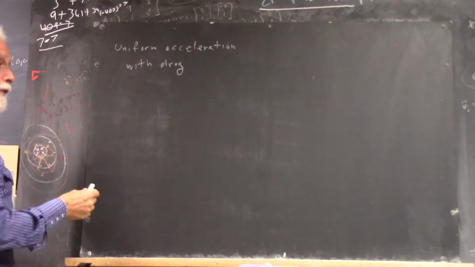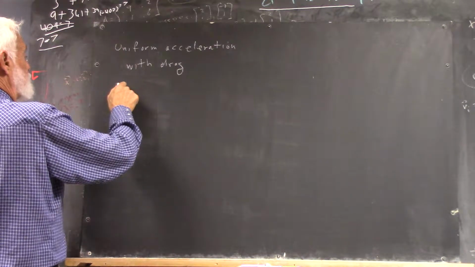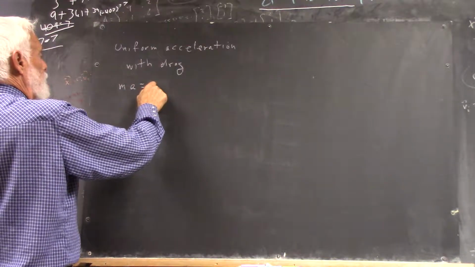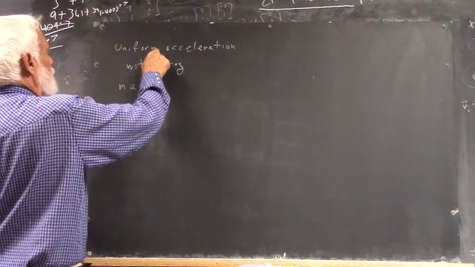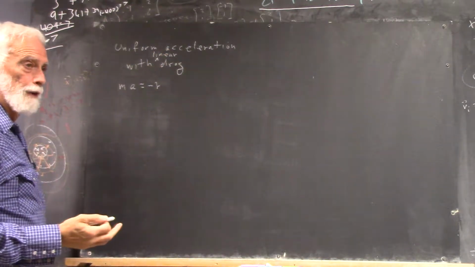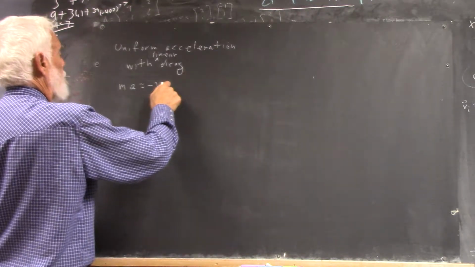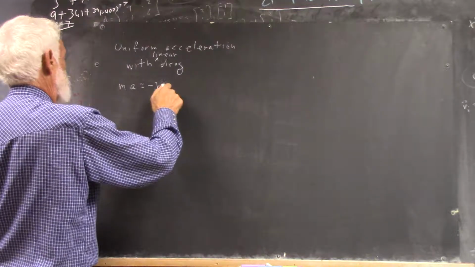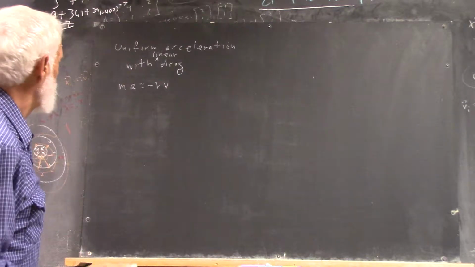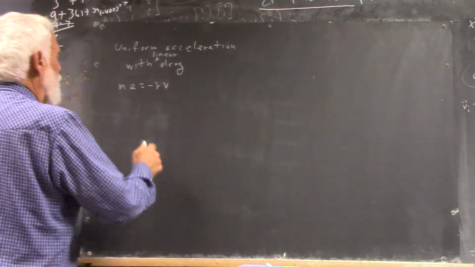Uniform acceleration with drag. That means that mass times acceleration equals negative sum, with, I'll say, linear drag, meaning that the drag force is proportional to velocity. Okay, so this is gamma V, and that's really it. This is net force. Actually, gamma V